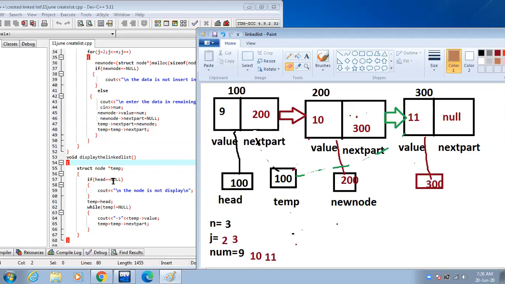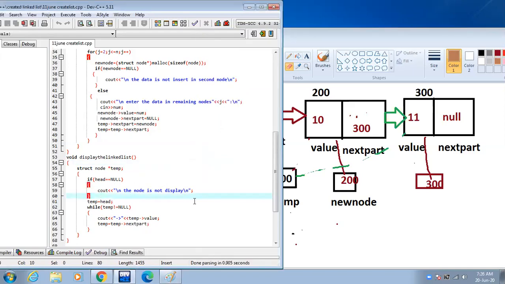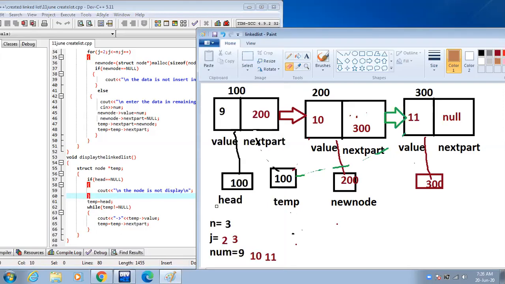If head equal to null, meaning the value of head is null, then execute this part, and if not null, then execute this part. Temp equal to head. The address of head is allocated in temp, meaning the address 100 is allocated in temp. Temp points to this node.